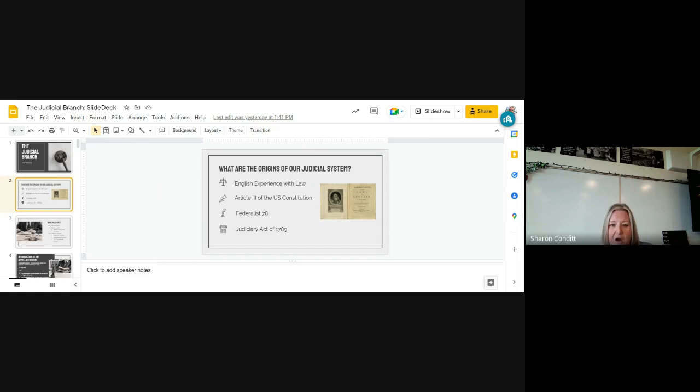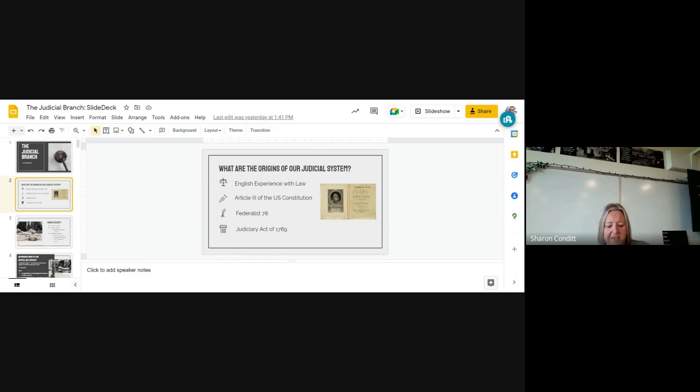We do know that under Article 3 and also under the Judiciary Act of 1789, the Supreme Court could hear appeals from states. Meaning if the state of Kentucky has a state Supreme Court, which they did, and we'll talk about those courts here shortly, which deals with state laws or local laws. If a decision came from a state court and a person felt like they were wronged by their state Supreme Court, they could ask the U.S. Supreme Court to hear their case and to review it, is the language we use, and to consider appealing the decision and reversing it. You'll learn a little bit more about that in the reading that you're going to be doing here shortly.